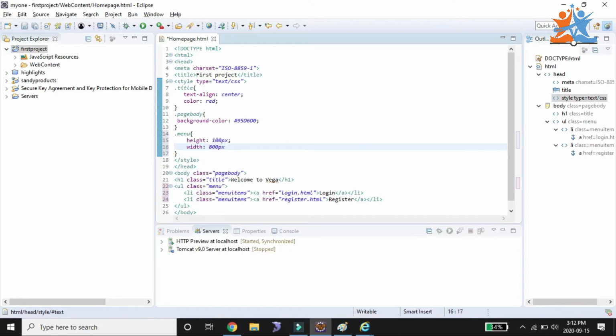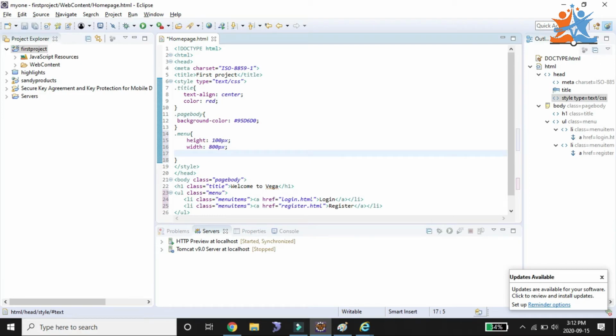So based on your screen size you can go with it, not a problem. And after that, my list items, I can go with menu items.